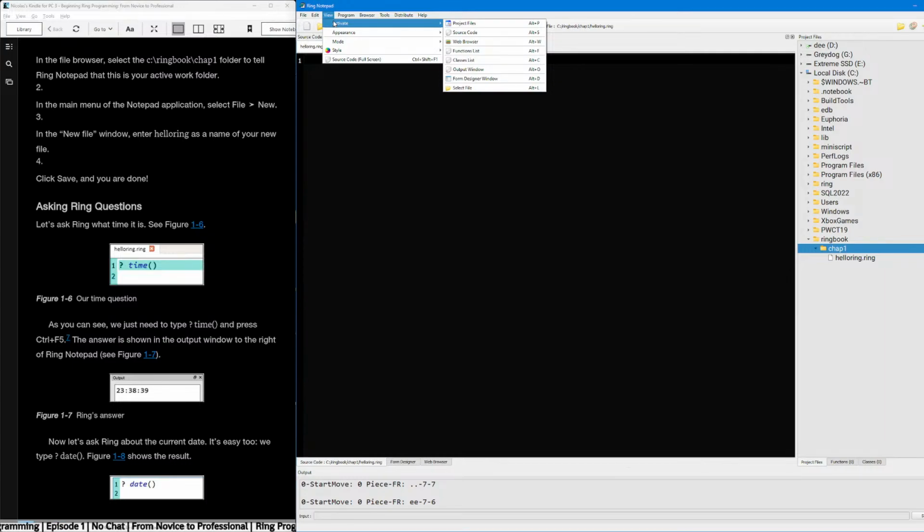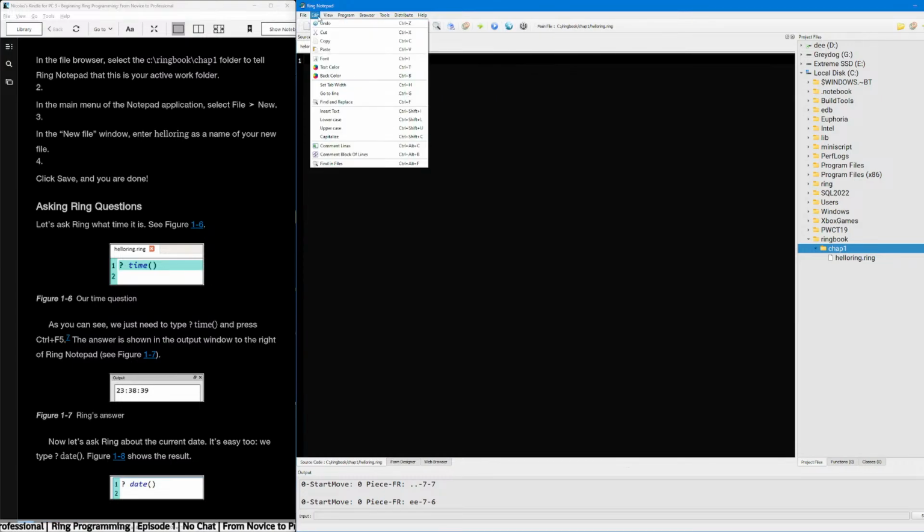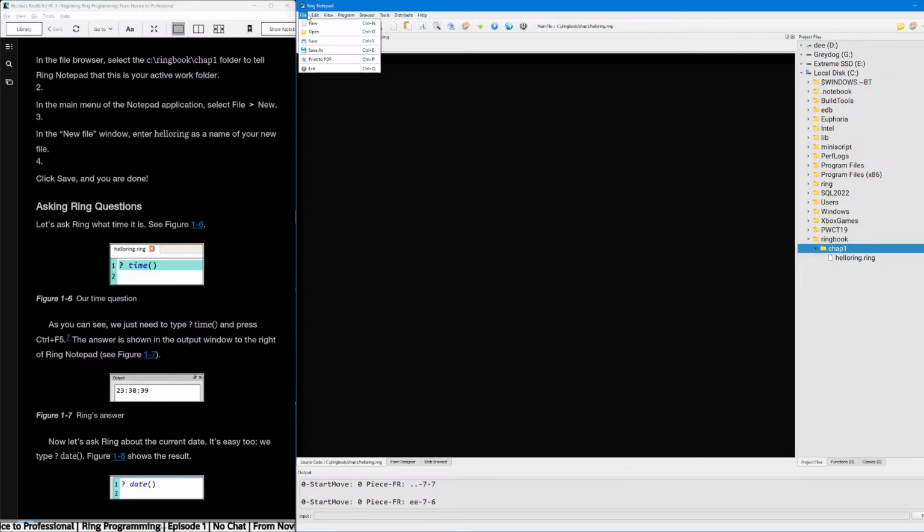Project files. Source code. Select file. Everything here is about a file. Oh, I don't know. Run, debug, find and replace, paste, copy, cut. Everything's a file, dude. All right, whatever.